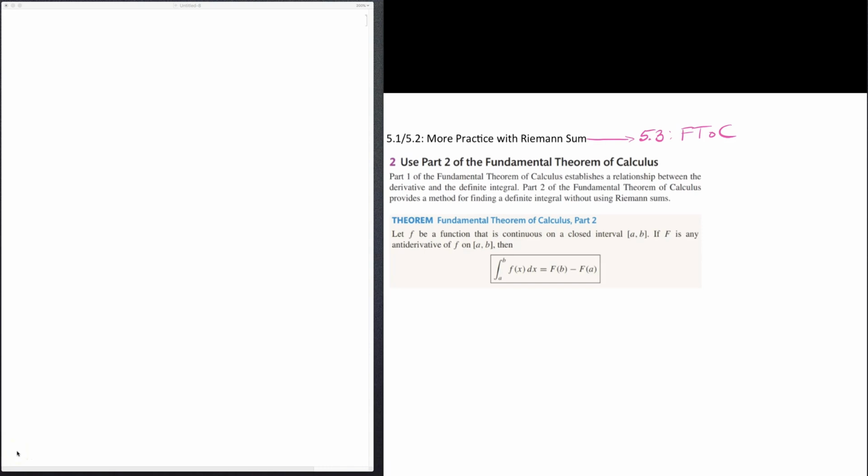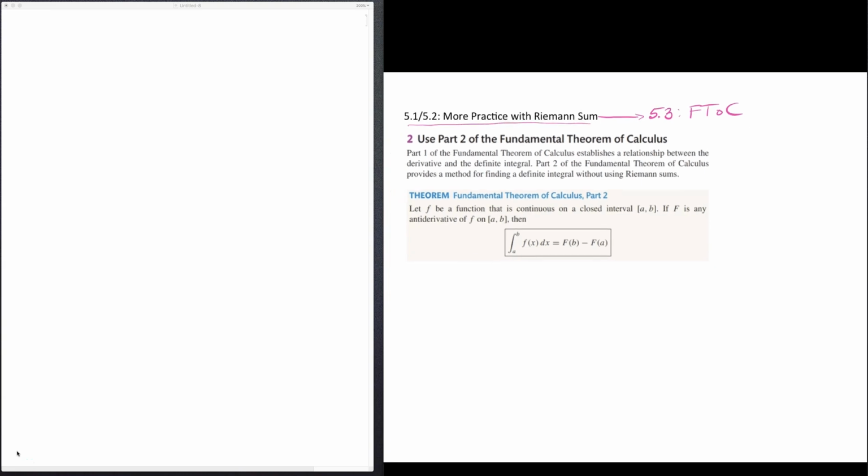All right, we've just come out of sections 5.1 and 5.2 where we learned about the Riemann sum. And in this section, we're going to transition to what some might call shortcuts. Shortcuts for computing definite integrals. And this shortcut requires something called the fundamental theorem of calculus. And there are two parts to it, and in this video we will focus on the fundamental theorem of calculus